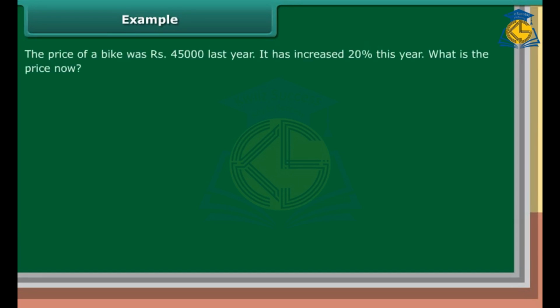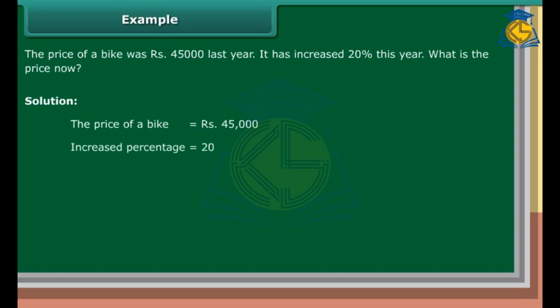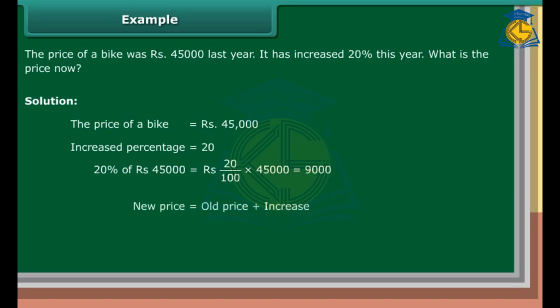Example. The price of a bike was ₹45,000 last year. It has increased 20% this year. What is the price now? Solution. The price of a bike is equal to ₹45,000. Increased percentage is 20. 20% of 45,000 is equal to 20/100 into 45,000, which is equal to ₹9,000. New price is equal to old price plus increase, which is equal to ₹45,000 plus ₹9,000, which is equal to